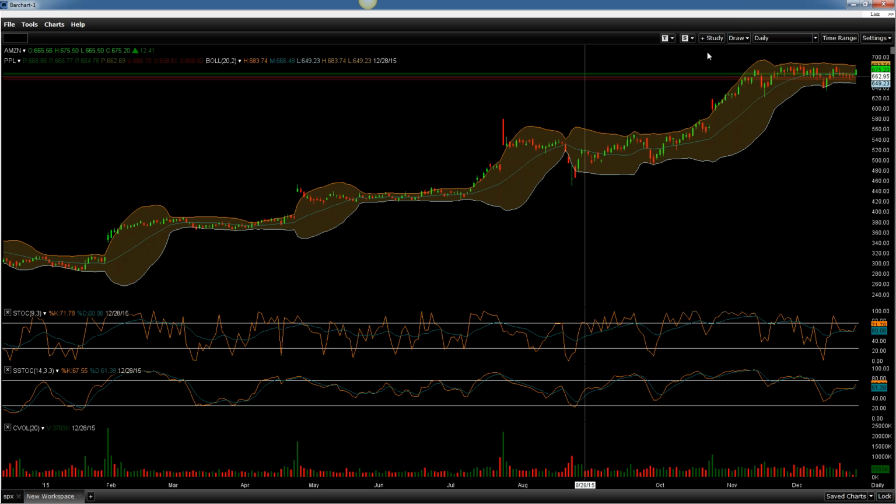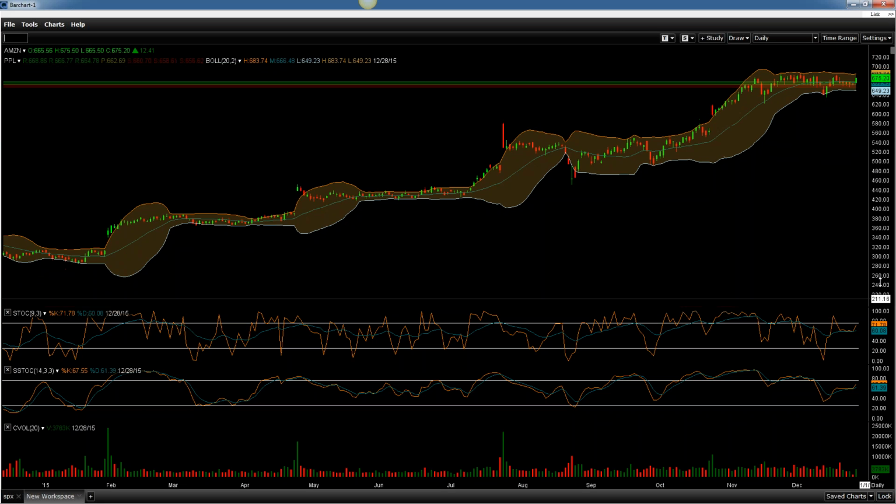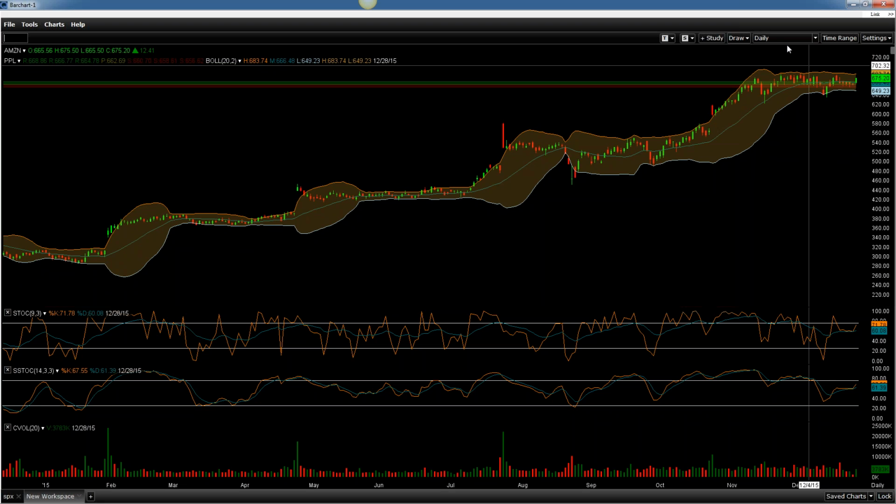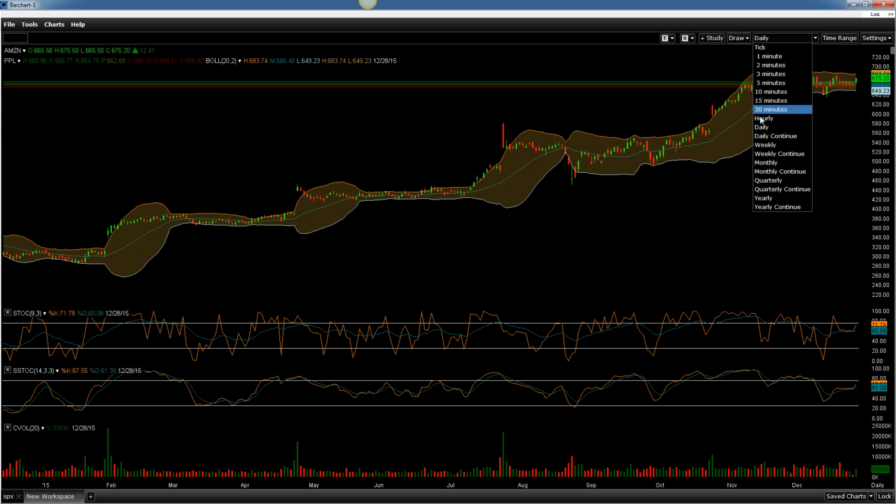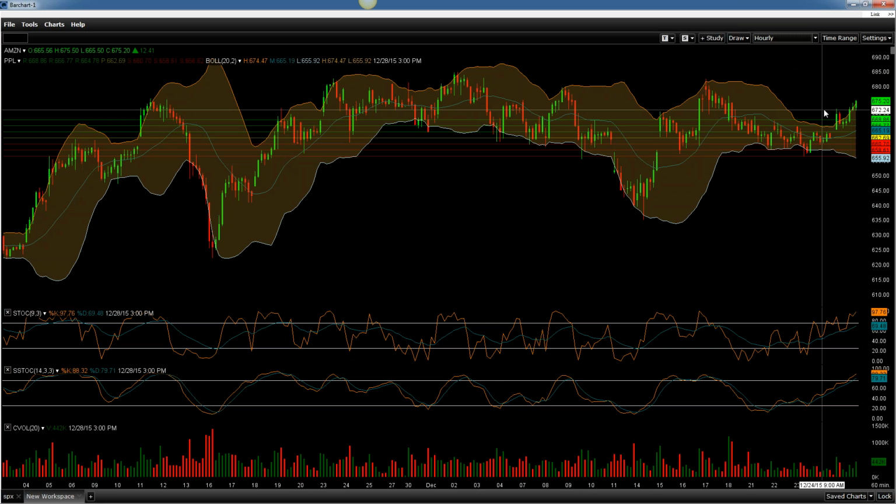Amazon is, what can I say? This stock is just a powerhouse. I have a whole bunch of charts on Amazon out there. At this point, it's a pinch Bollinger on the daily. In my opinion, the stock breaks out to 700 plus. On the 1 hour basis here, the stock is just,